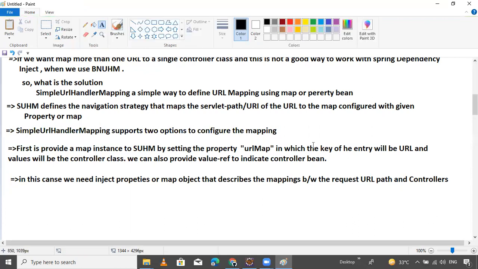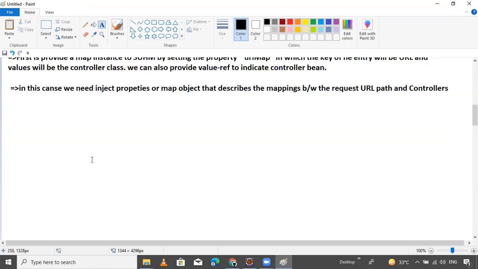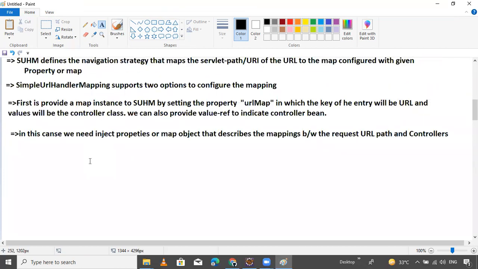Same thing: first is the map, second is the properties. These two ways are there.